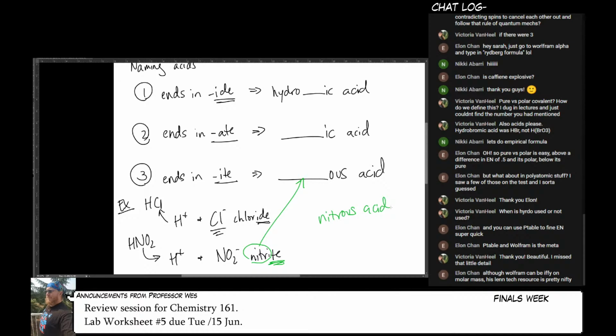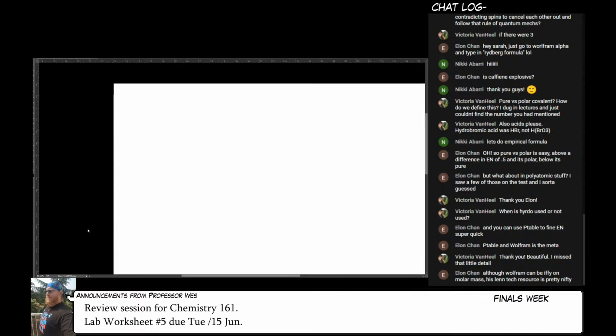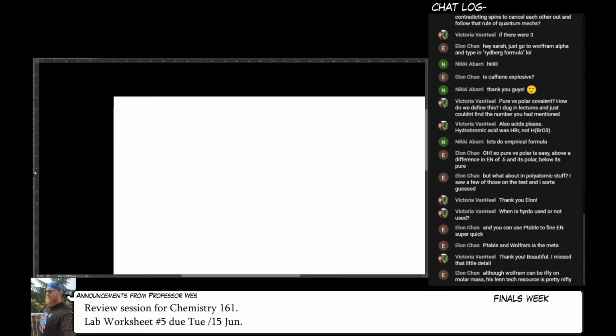So what else do we have here? Oh, I was gonna do one more Rydberg equation thing before I called it for a break. So someone asked about the Rydberg equation. So first you need the Rydberg formula. So that is 1 over lambda equals Rydberg constant times